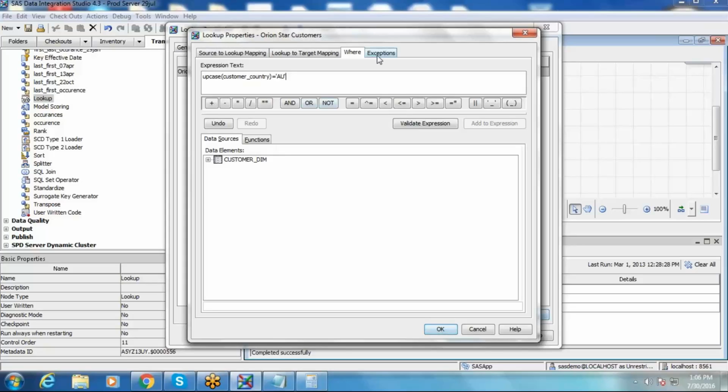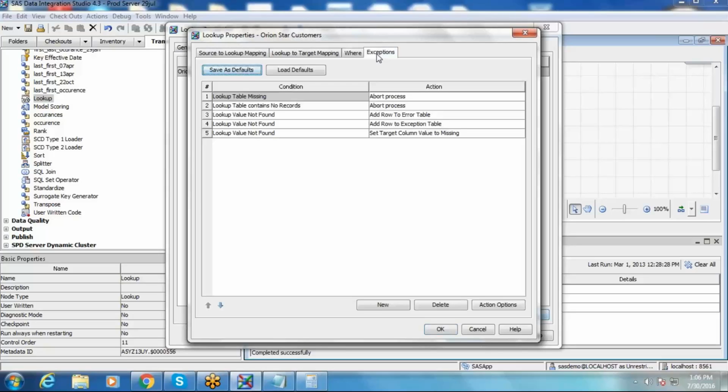This is the location where you mention what should happen when our lookup value is not found. This is what I am calling unmatched records. If a customer ID is found in the order fact transaction table and the customer ID is not there in the customer dimension table, which is actually a kind of blunder. The customer itself is not there, but he has made transactions. That's the actual underlying business meaning, which is quite not possible. So they are called unmatched records, and they should be routed to an error table or exception table.